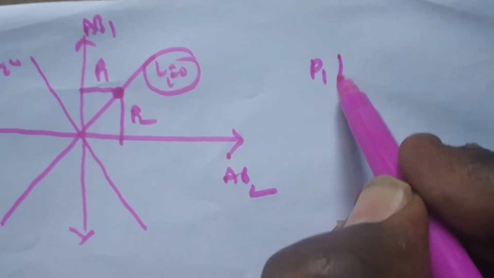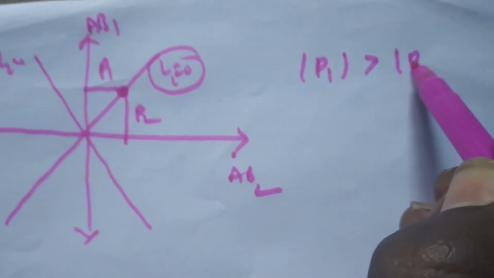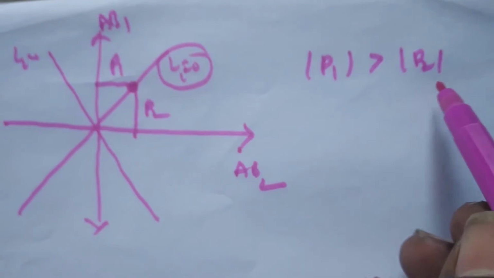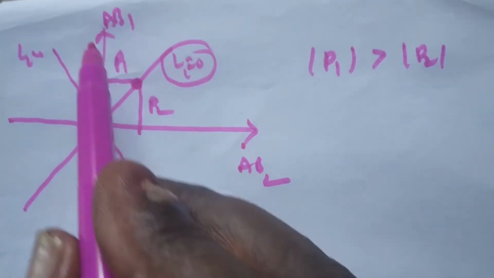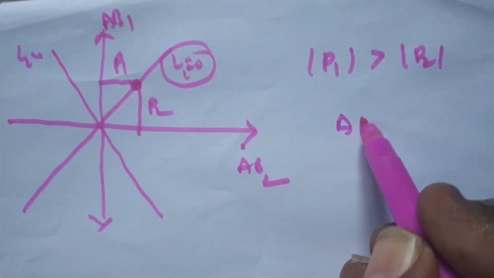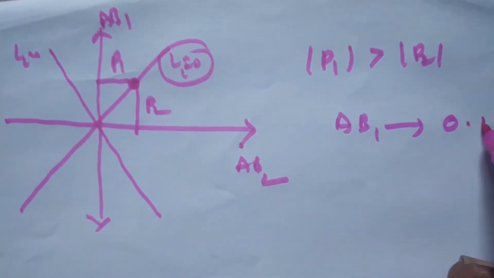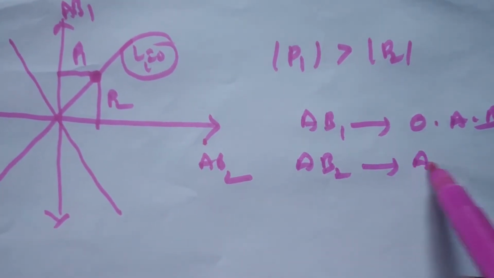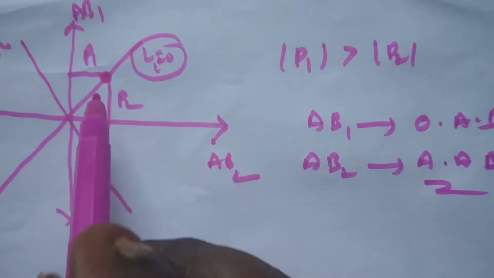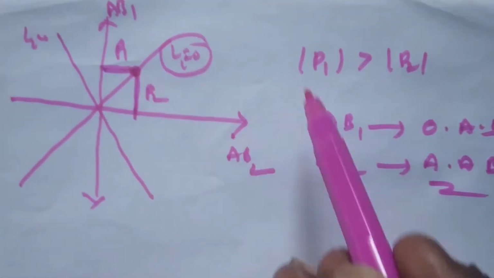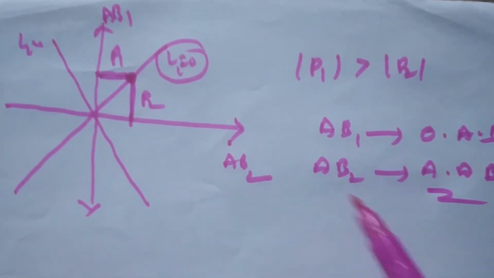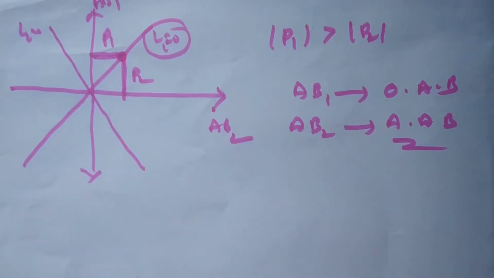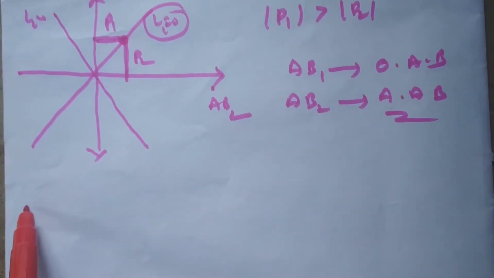If modulus of P1 is greater than modulus of P2, so the first perpendicular distance is more than the second one, and this P1 is related to AB1. That is why you take angular bisector 1 as the obtuse angular bisector and angular bisector 2 as your acute angular bisector. From the perpendicular distances itself you can identify which one is the acute angular bisector and which one is the obtuse angular bisector. We see another concept.